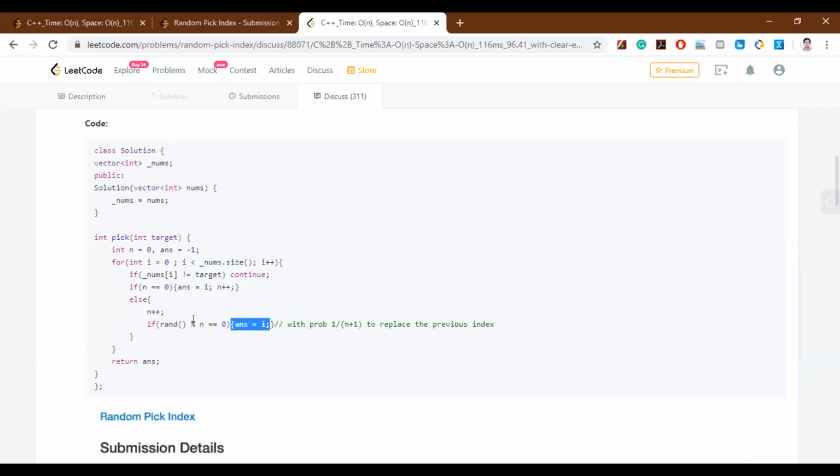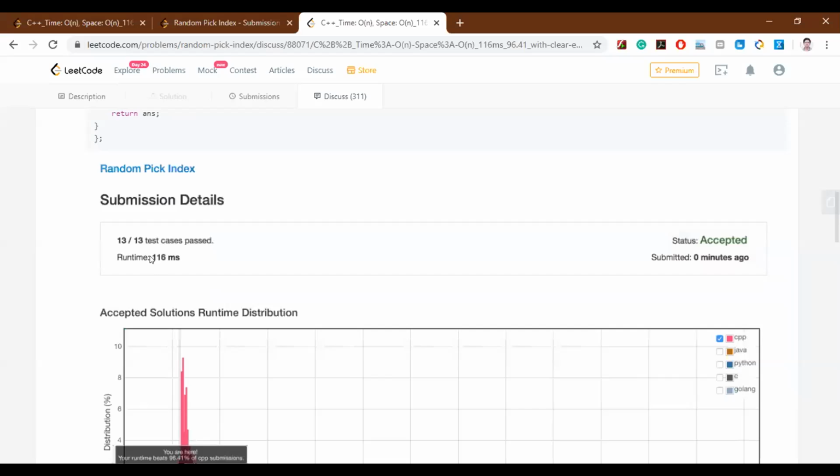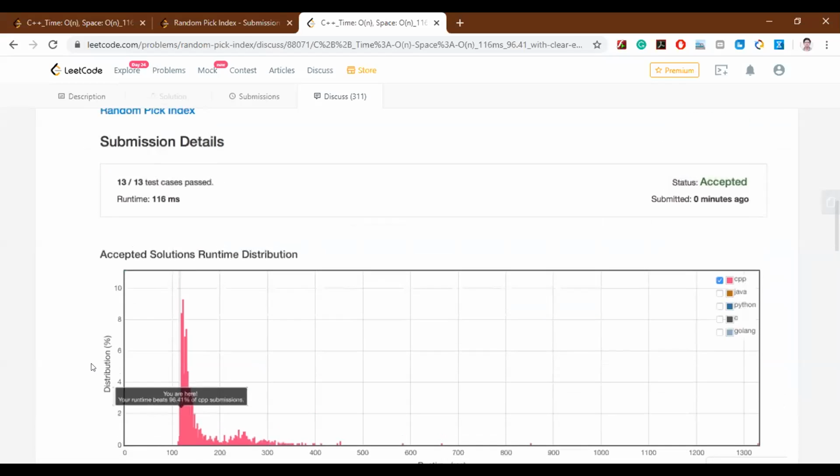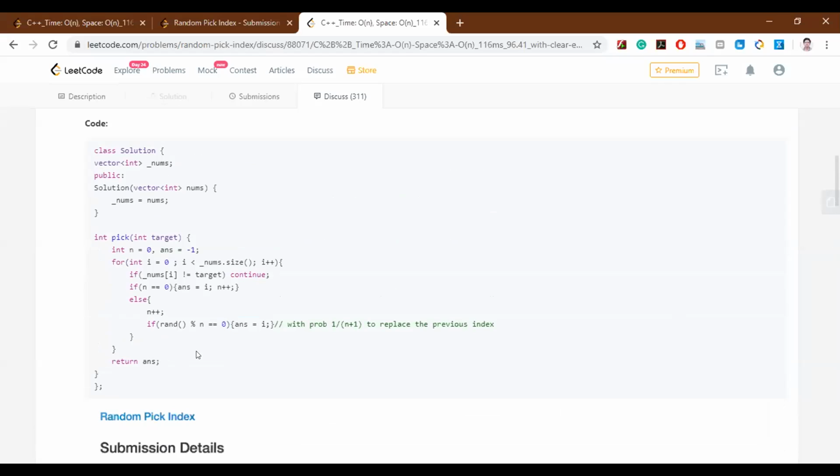And does this solution get accepted with good timings? Yes, it's given 160 milliseconds, 96.441 percent. Wow, that's a very good number actually. He has also written there that the probability is calculated to replace the previous index.